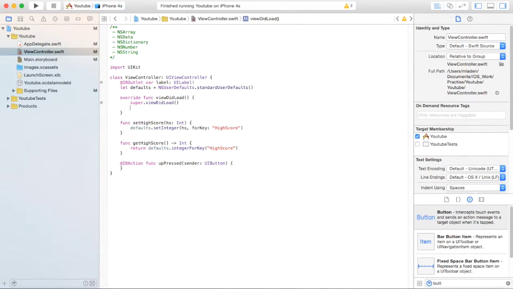Now, every time the view loads, we want to set the label to be the current high score. So we're going to say label.text equals String(getHighScore), just like that. And then every time we press the button, we want to increment the high score by 1. So here we're going to say let newHS equals getHighScore plus 1. So it's going to get the current high score, and it's going to add 1 to it. Then we want to set that high score. So setHighScore(newHS),